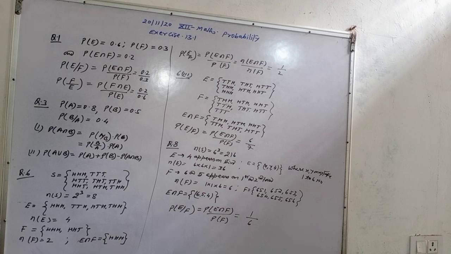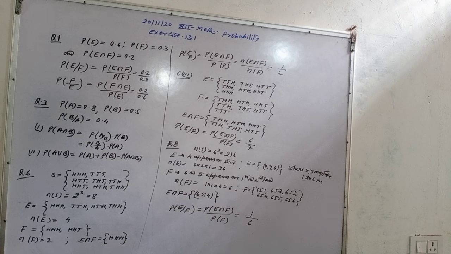See its third part. In the third part of question number 6, E is at most 2 tails. At most 2 tails means 2 tails, 1 tail and no tail. So for 2 tails the results are TTH, THT, HTT. For at most, you have to come down to the minimum. So the results for 2 tails are TTH, THT, HTT, for 1 tail THH, HTH, HHT, and no tail, that is HHH.